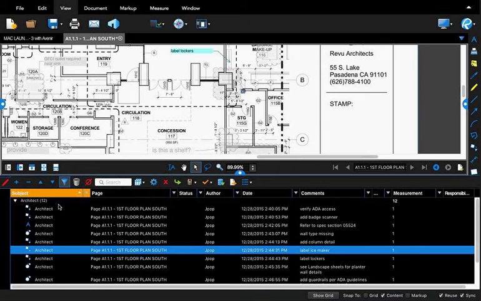I can also take advantage of multiple filter levels. So let's say I want to filter by a subject name, but I also want to filter perhaps by an author. So I can take advantage of the author, or maybe by a status. So I can set multiple levels of filters to really narrow down my results. This little trash can icon allows me to clear all my filters, and now you'll see all the markups reappear